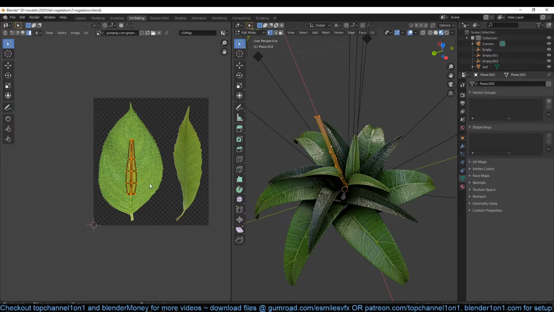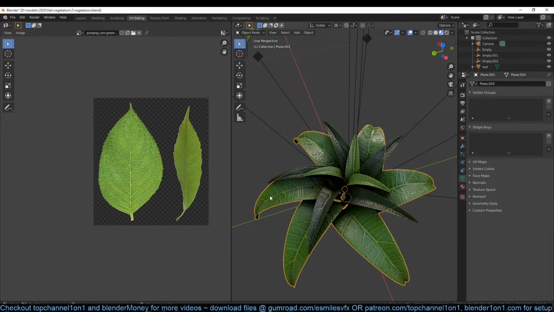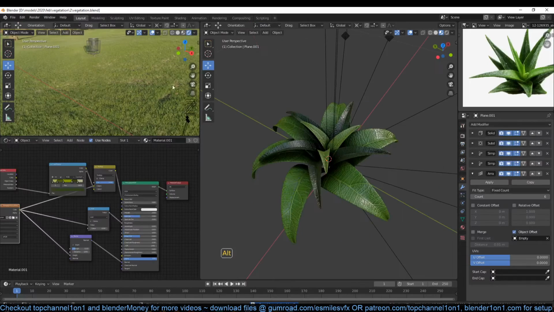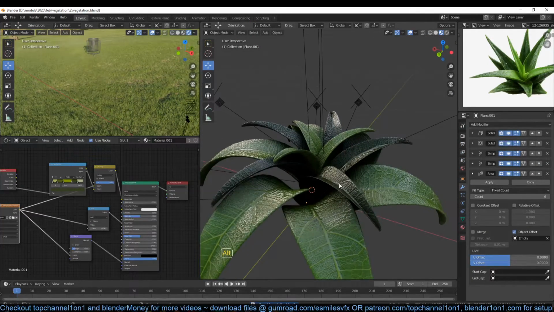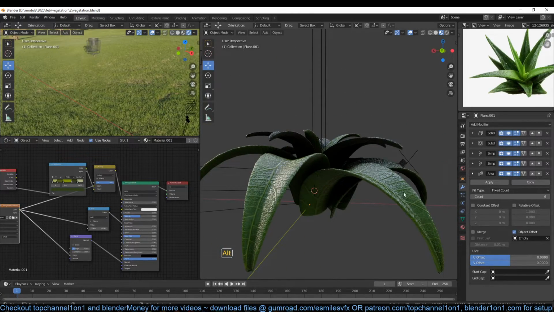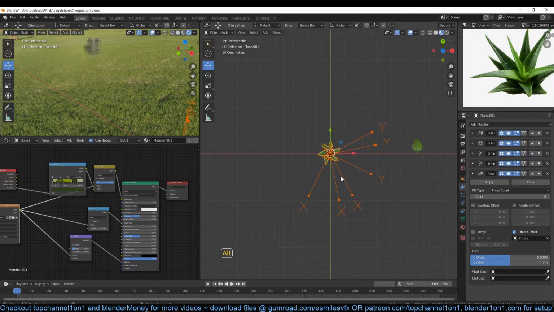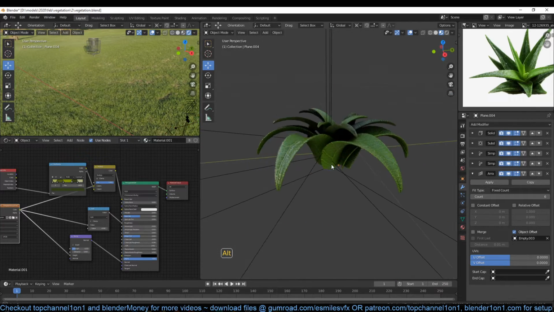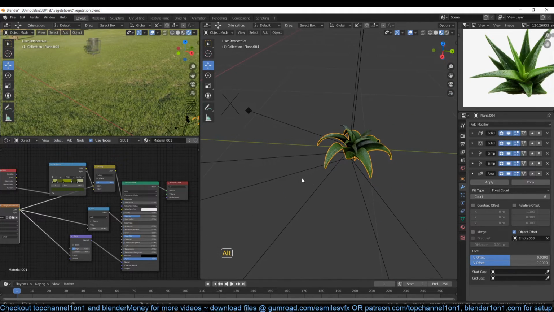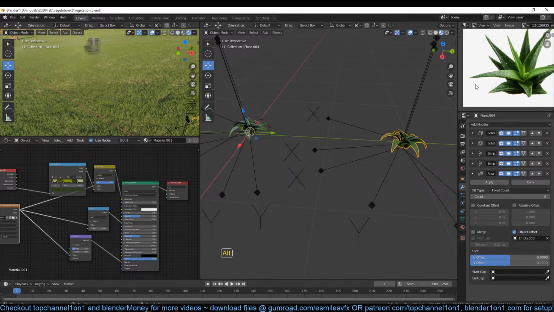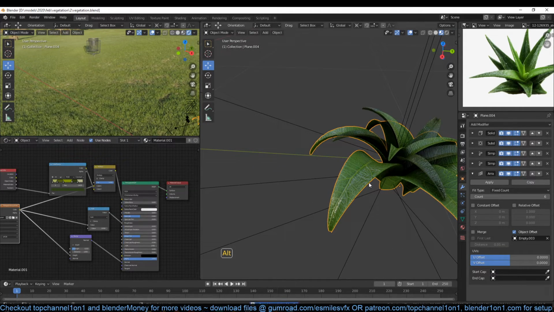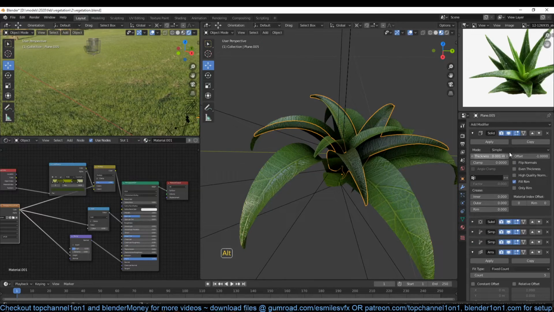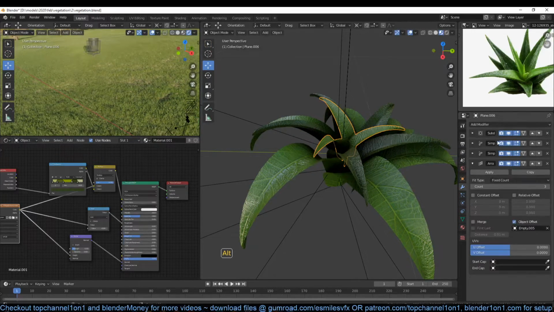So you can see how easily you can create a lot of variation without doing too much work when it comes to making vegetation here. Because I was trying to make this, but I think this can also be its own leaf. So what I'm going to do is just select this, Shift D to have it as its own image, as its own leaf. We'll come back to this so that we finish this, but I just want to make this its own leaf. I don't want this thickness to exist on this one, so I'm just going to remove that,